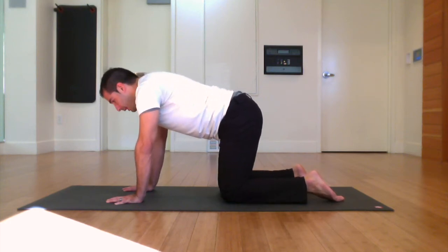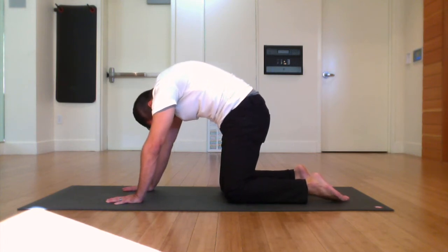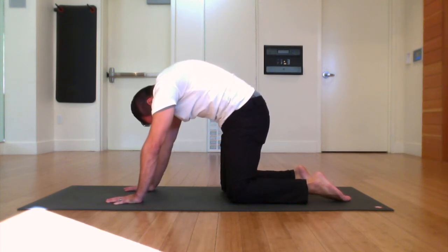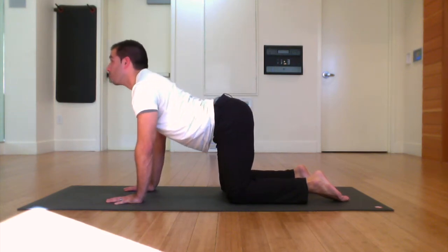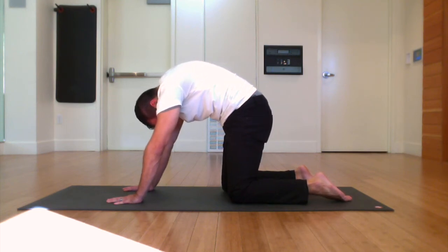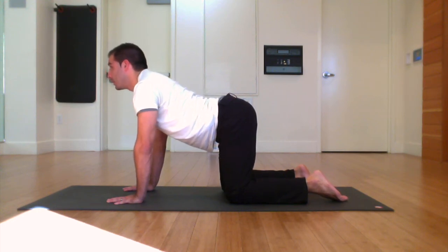And what we'll do from here is let's just transition from cat to cow. So on the inhale, we're going to push our way into our cat pose, rounding the body, setting our waistline up to the ceiling as far as we can go. On the exhale, we're going to transition all the way into cow. Inhale to cat. We're really pushing the torso away. We're engaging those arms and pushing our body away. Exhale to cow. And maybe you can sink the breath